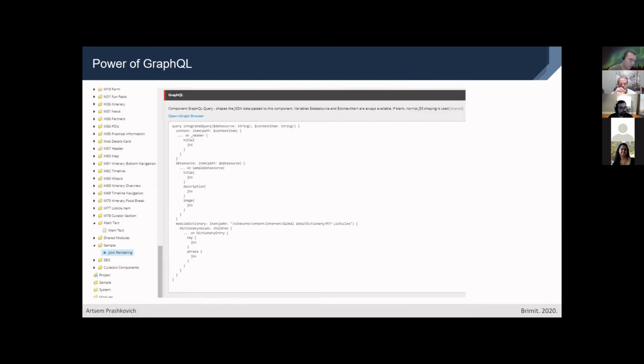Then to compare it with the GraphQL, I extend my JSON rendering with a GraphQL query, and to make it more interesting, I added some additional data. For example, I add the title and page title from the context item. I put the same fields from the data source, and